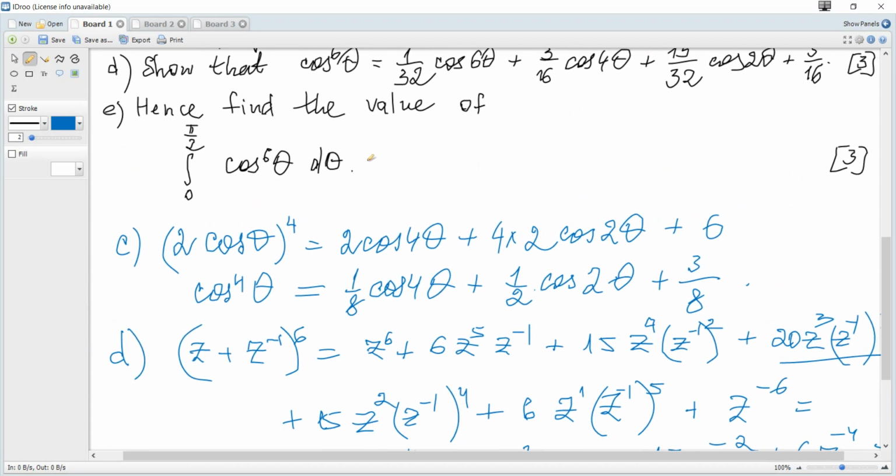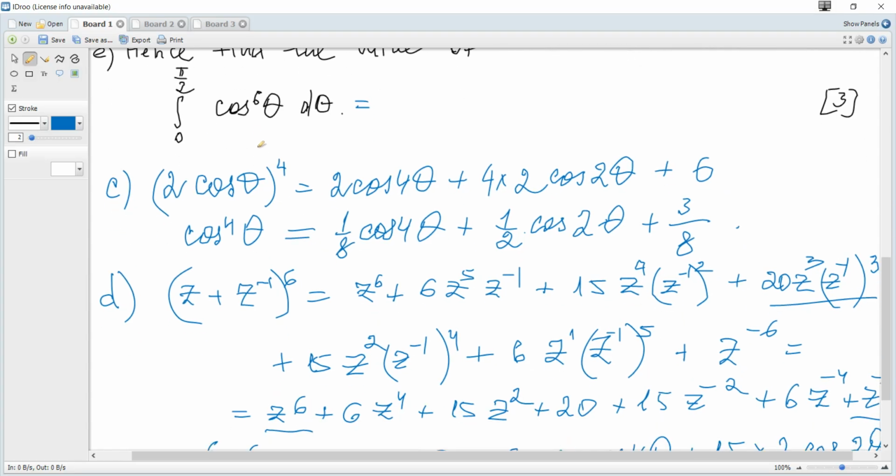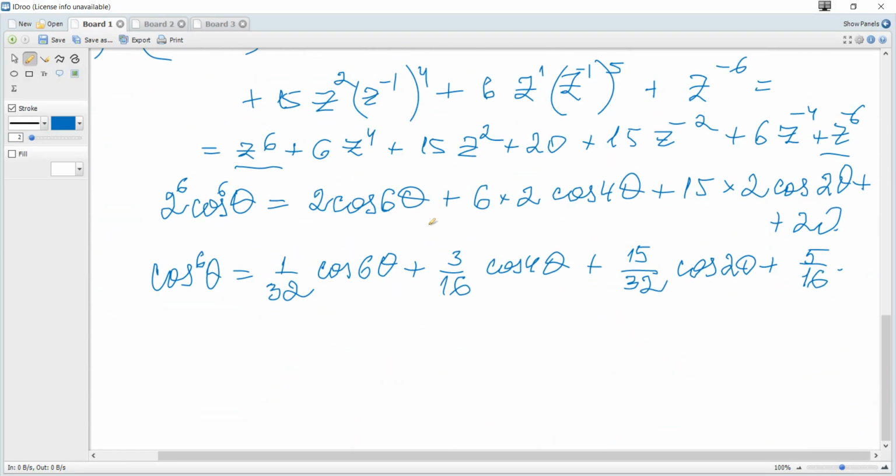Hence, find the value of this integral from 0 to pi over 2. It's paper 1 without a calculator. Cosine to the power of 6. Just using this, you can notice that the integral of cosine gives sine of 6 theta and something. Since the limits are from 0 to pi over 2, if you substitute the limits, you get 6 times pi over 2, which is 3 pi,